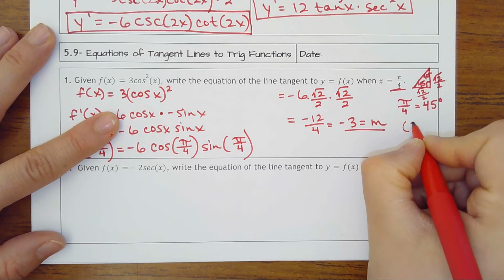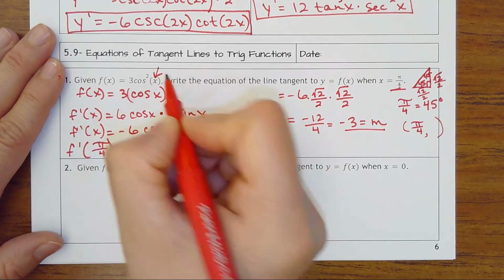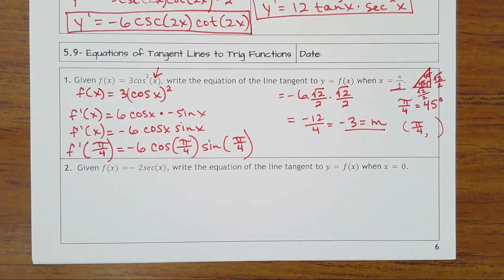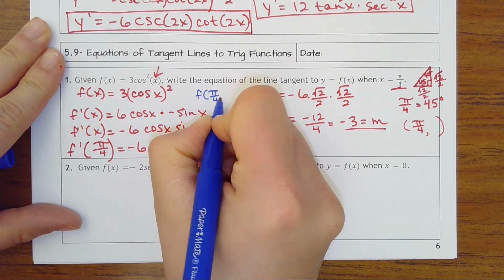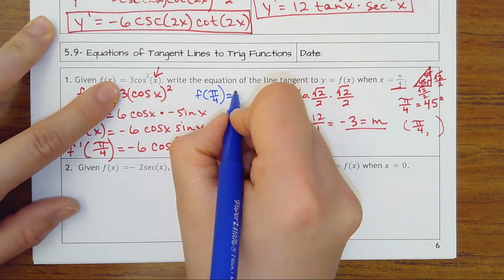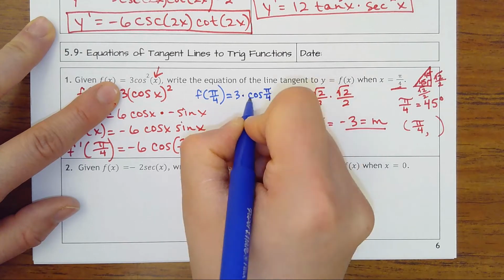Now I need an ordered pair so I can write an equation for the line. So I have my x value at pi over 4. I have to find my y value by plugging it in here. Let me switch to another color to make this maybe not as confusing. So I would find f of pi over 4 by doing 3 times cosine of pi over 4, that quantity